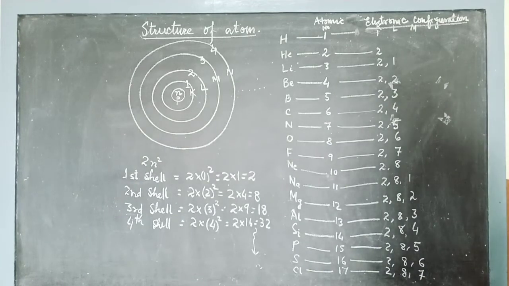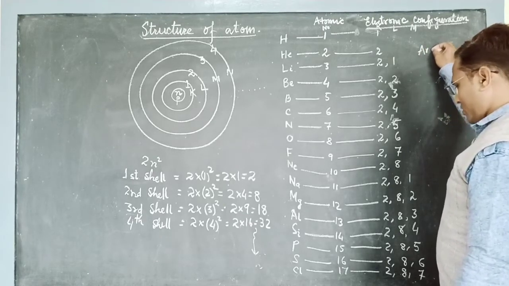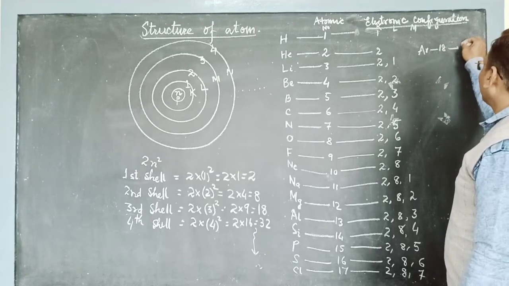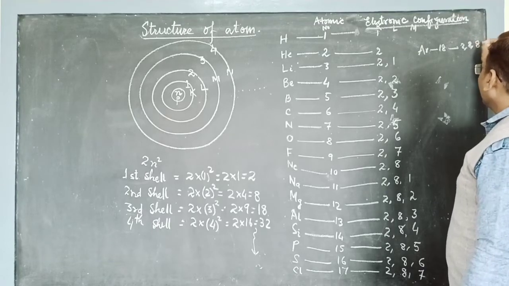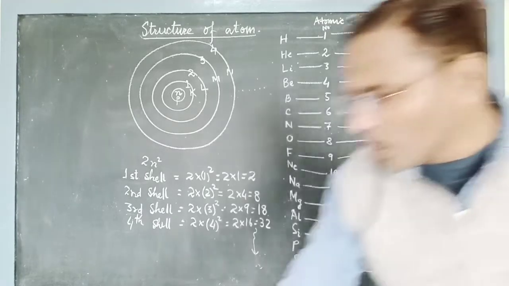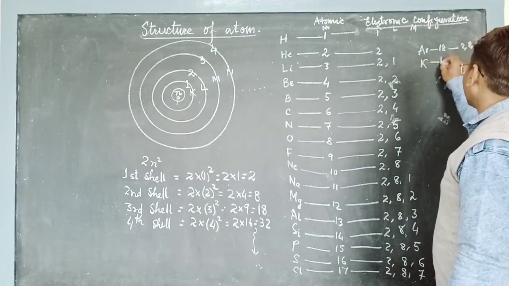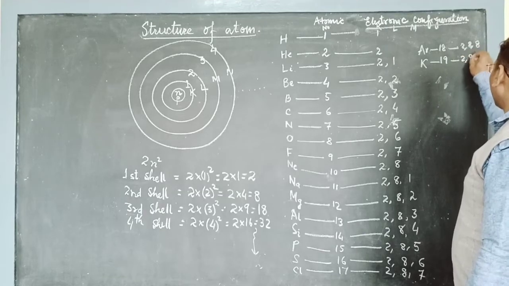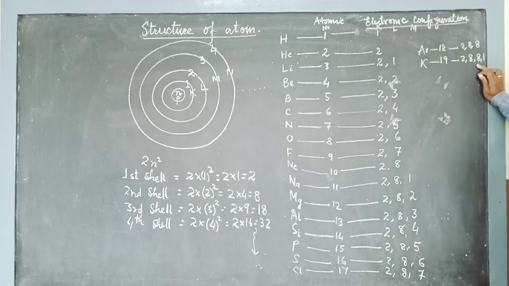Silicon, phosphorus, sulfur, chlorine. Then we have argon. Argon is 18 and it will be 2, 8, 8. Then we have potassium, 19: 2, 8, 1. About this you will study in upper class 11 and 12, that as per the SPDF rule,